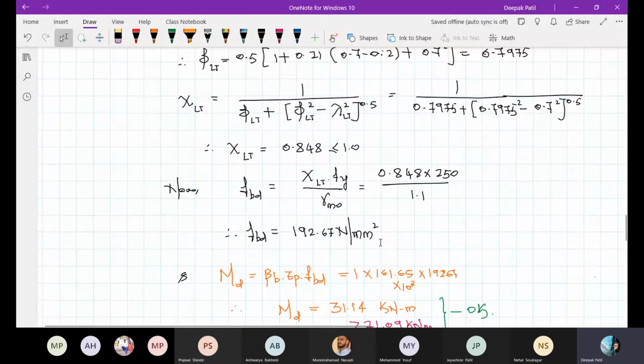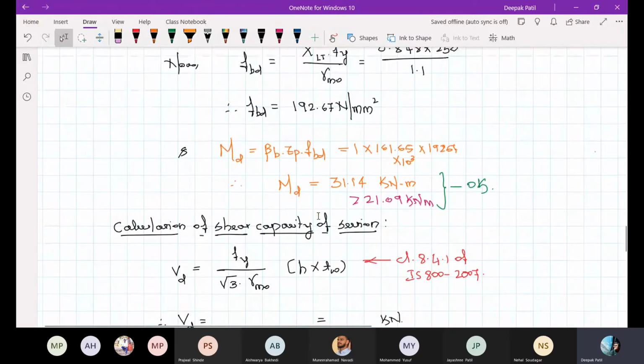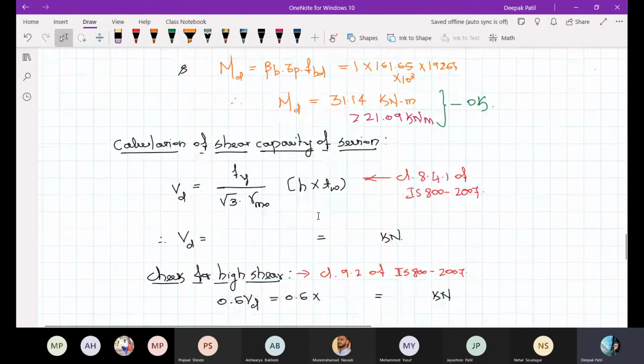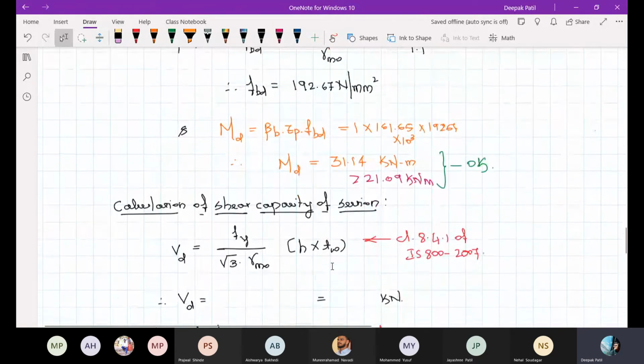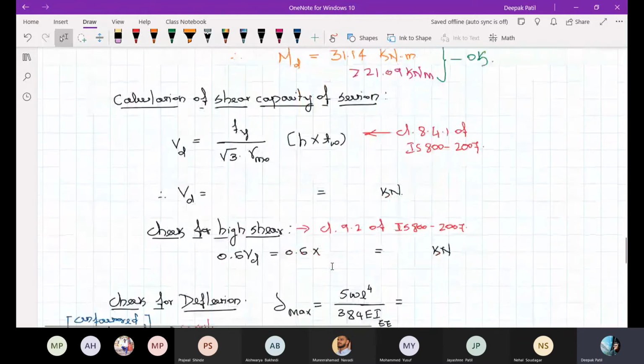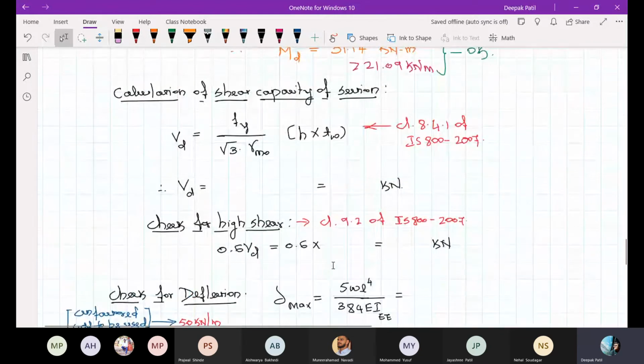So you used to design your main reinforcement for the bending moment, and you used to design your stirrups for the shear reinforcement, right? Then you used to check whether the shear reinforcement provided carries the total amount of shear, and the bending reinforcement provided is able to carry the bending moment coming on the beam. Same thing goes with the steel structures also. Your section chosen is safe from the bending point of view, but whether it is safe from the shear point of view, that also you have to check. So let us check for the shear capacity of the section.